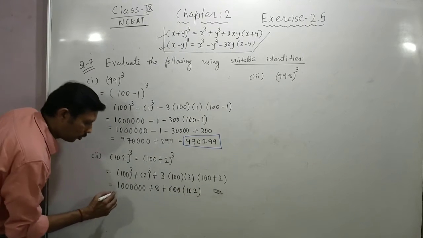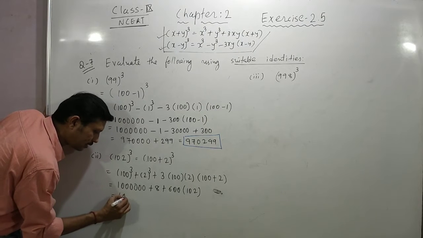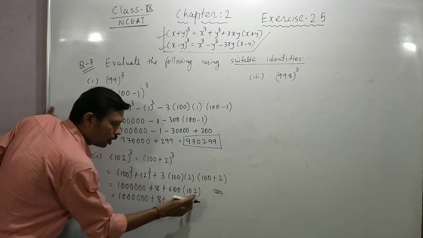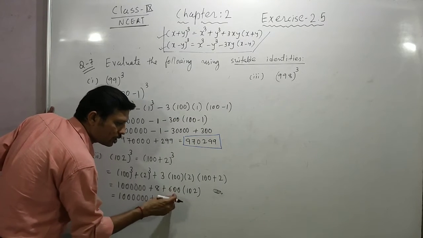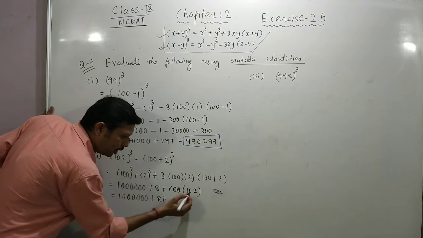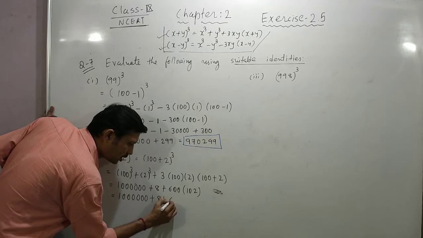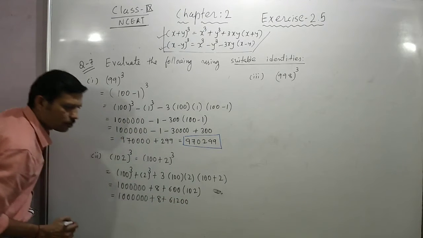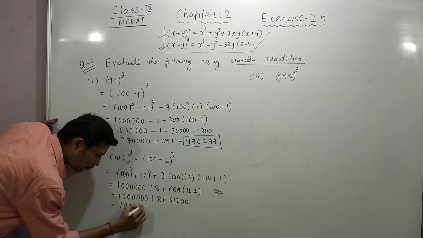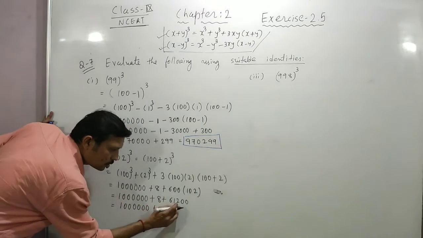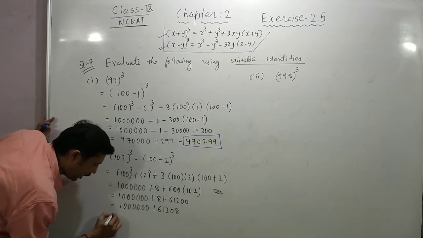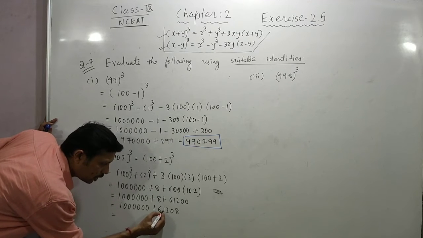That will not be a big problem. 102 I am making. Okay, and now 10 lakhs plus 8, plus 102 multiplied by 6. That multiplication is easier. Otherwise, if you find individual multiplication easier, you can do that also. 102 multiplied by 6 will be 612 and 2 zeros. And now after that, 10 lakhs plus 61,200, in that I am adding the 8. So 61208.